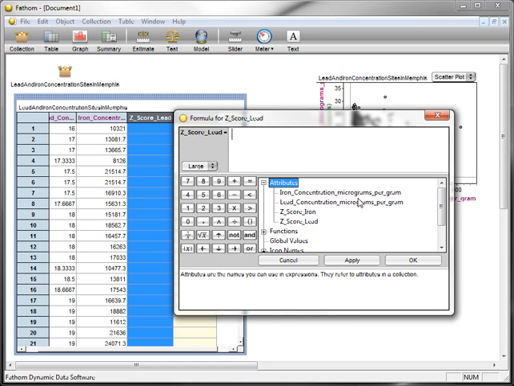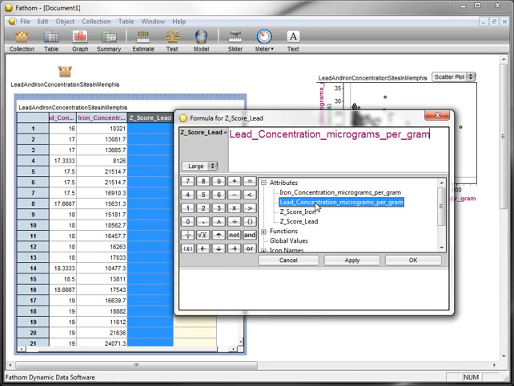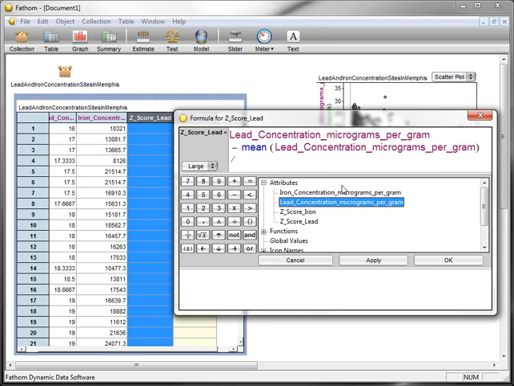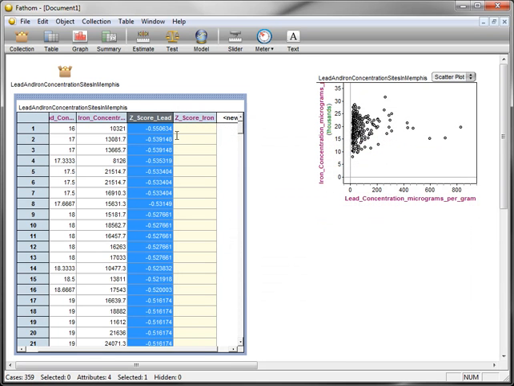But what I'd like to do, for the z-score of lead, is take the raw lead concentration data, subtract the mean of the lead concentration data, and divide this entire numerator by the standard deviation of the lead concentration data. Recall with me that that's how we define the z-score. In fact, it's the data minus the mean of all the data divided by the standard deviation of all the data. So I press OK, and